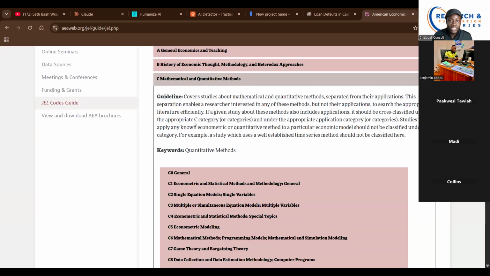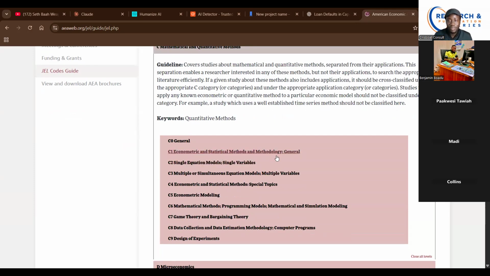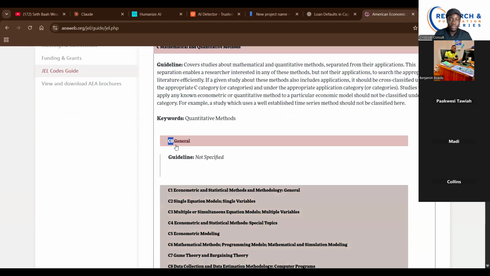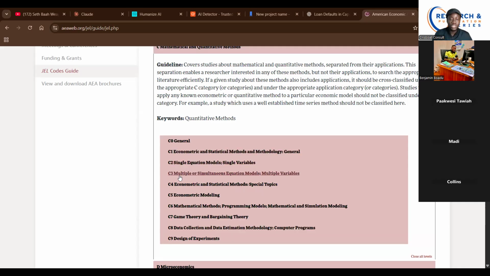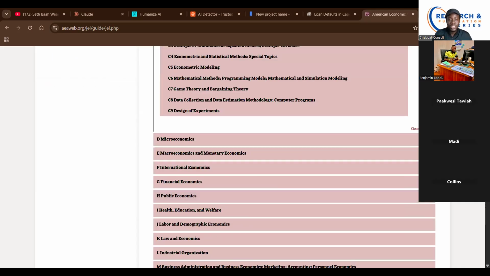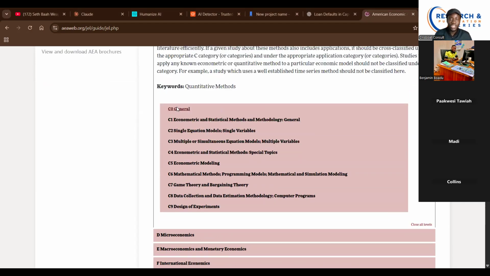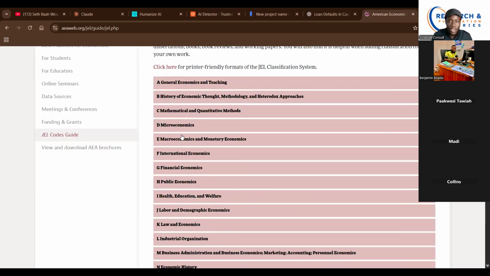So under mathematical and quantitative, we have econometric and statistical methods and methodology, single equation model, simultaneous equation, econometric modeling, game theory, and data collection and estimation. You see, there is a code before each of it. So C0, these are the codes, C0, C1, C2, C3. So let's say I'm working with carbon emission, agriculture intensification, and economic nexus in West Africa, role of health investment. Let me see if I can get like 2 codes for the study. So let's see macroeconomic and monetary economics.